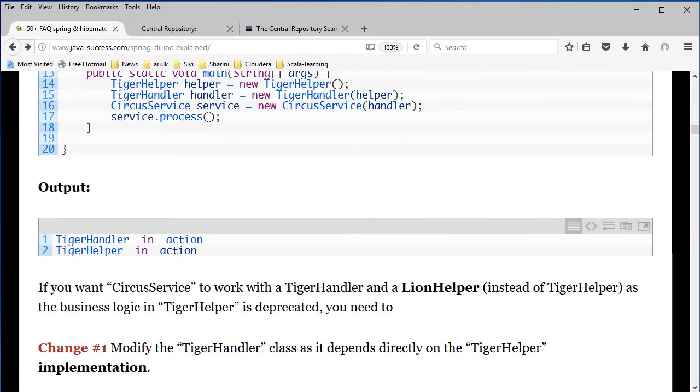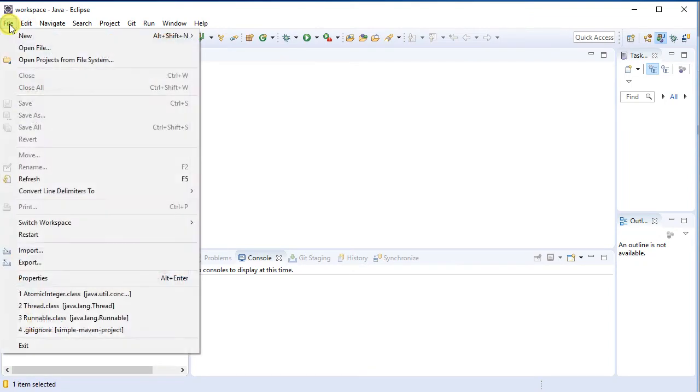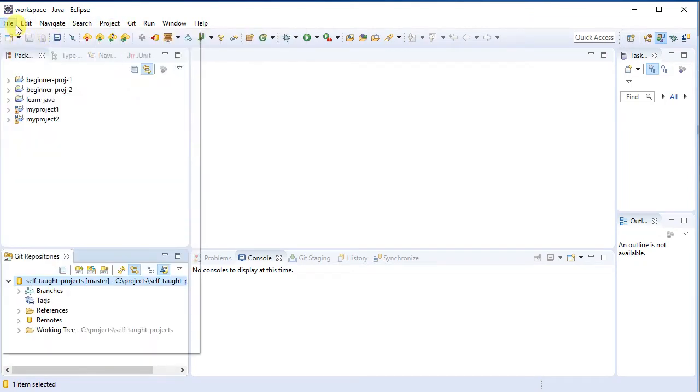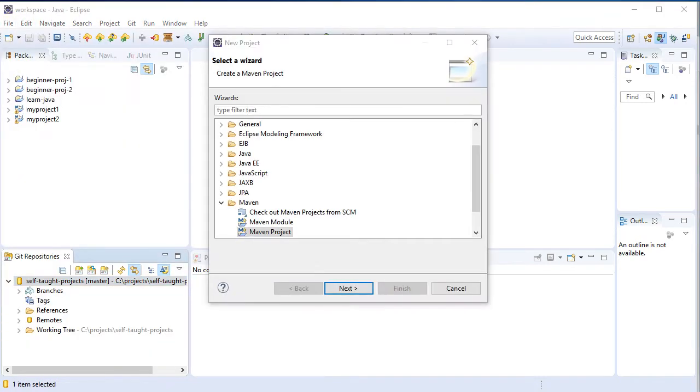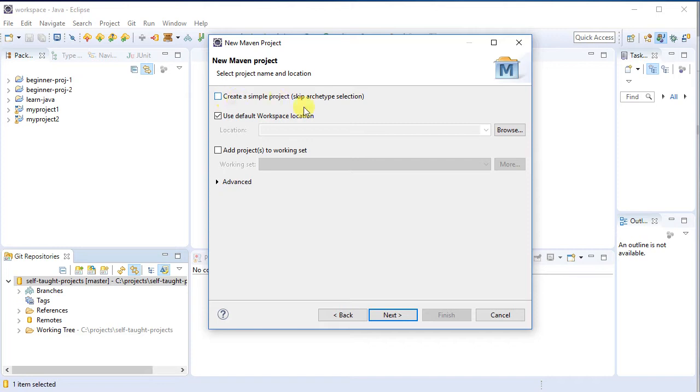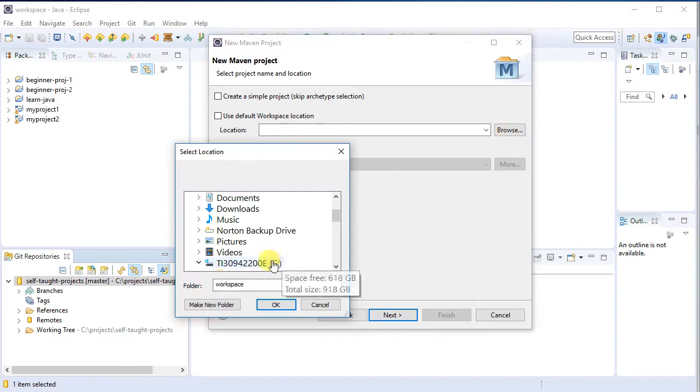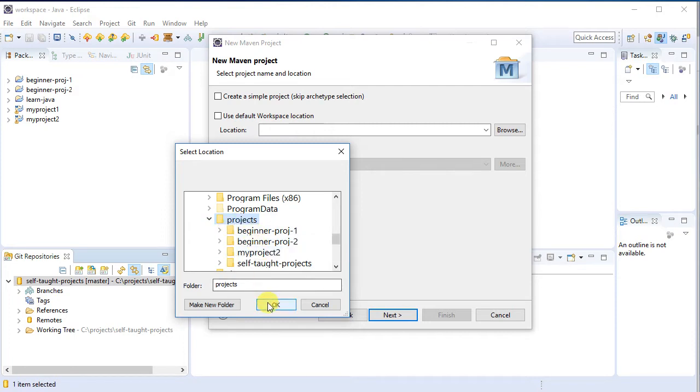So the first step is to go into Eclipse, click on File, New, and then we need to create a new project. So we click on File, New, and Project with ellipses, that's the three dots next to it. And then we go to Maven and say it is a new Maven project. So click on Next. And you need to provide a path. So untick the default workspace location. Then go and browse, and we want to put it into the C projects folder. C projects. And say OK,